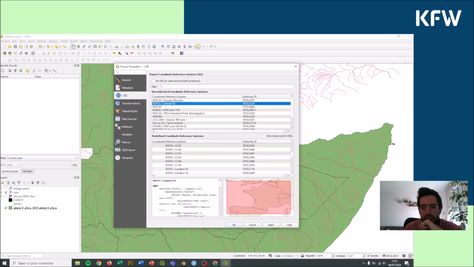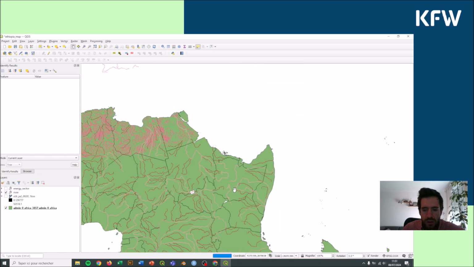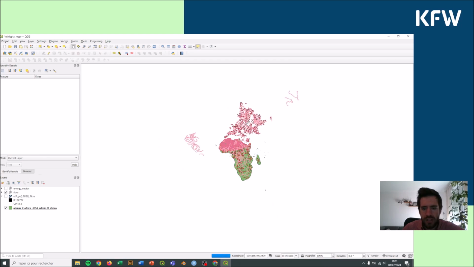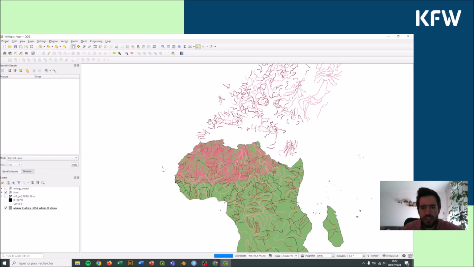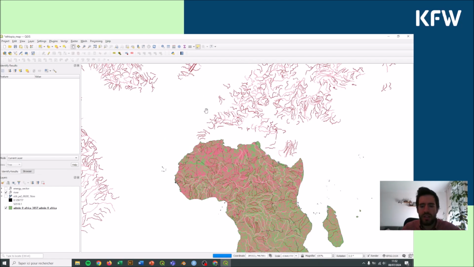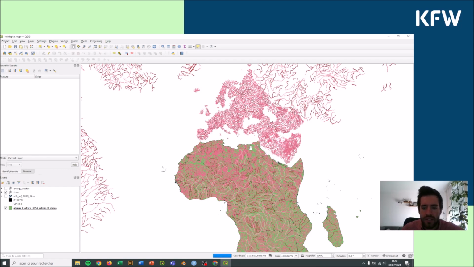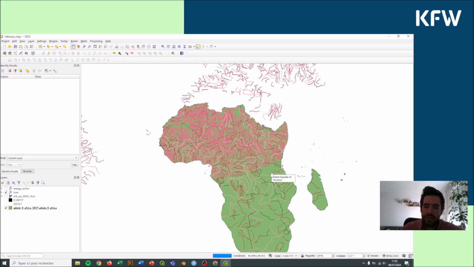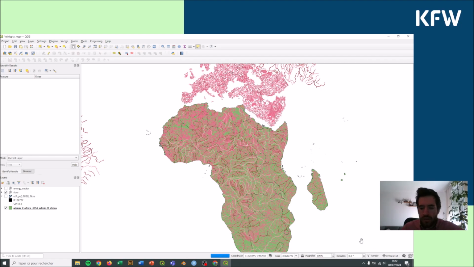For example, if I were to take the projection specific to France, it will really change the shape of everything else. You can see that it's starting to look a bit as if it was a globe, but it's really because this projection is centered on France to try to have the best balance between shape and distances. So it only works for this country. And when you're working really on something specific, it's better to look for the actual best projection for this country. And in order to do that, you can go on